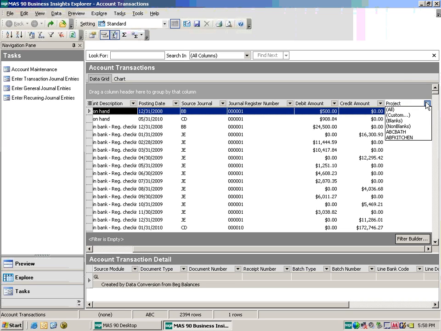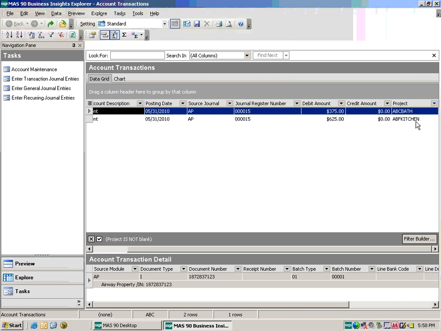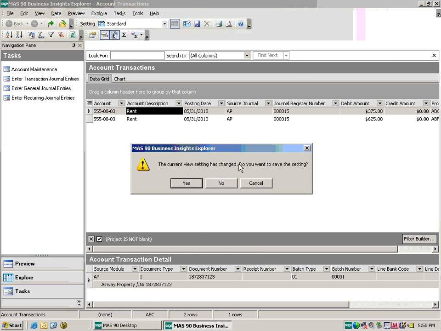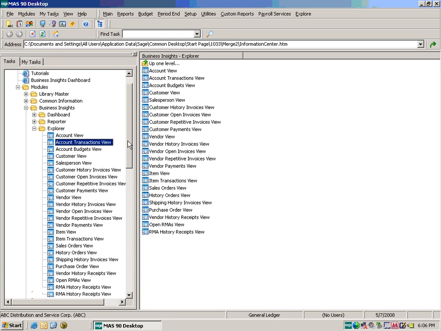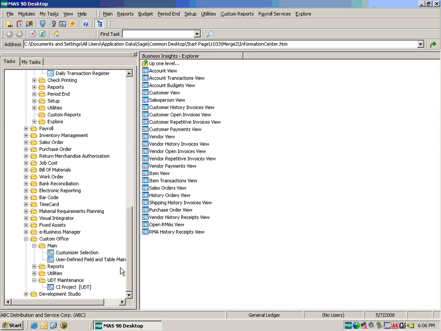Okay, so over here I can go ahead and say, and then there's my two postings that were made to those projects. So those are the two GL accounts that got hit. Okay, so now that we know everything's working, let's go ahead and shut this down. Let's go ahead and do that same basic process back to the accounts receivable module. So we're going back into user find field and table maintenance,